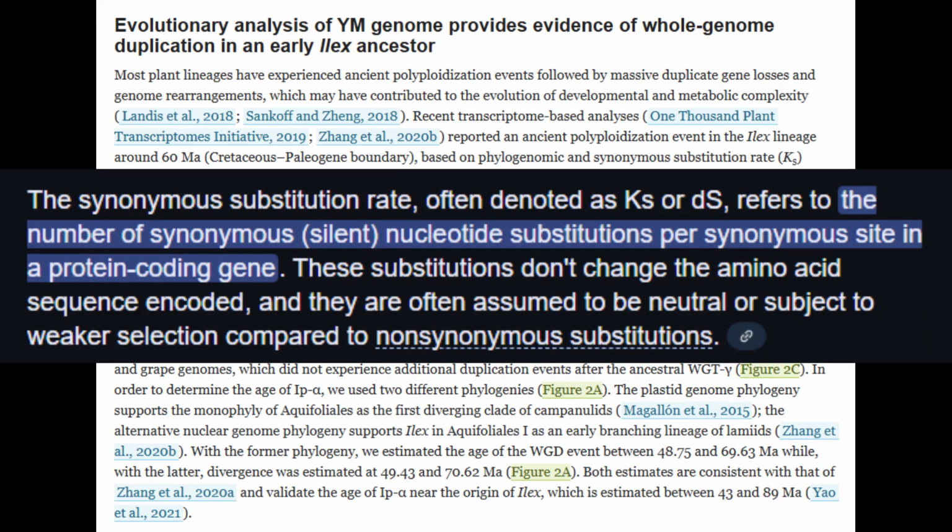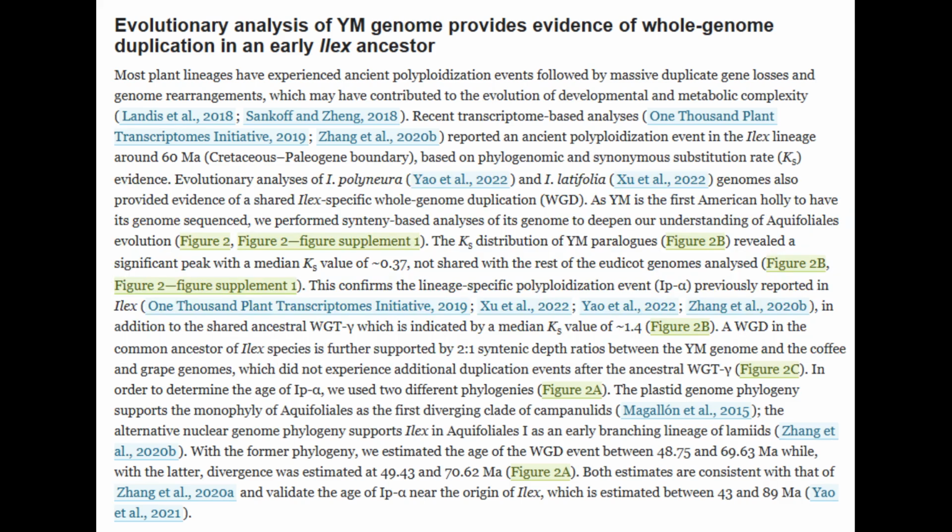So, synonymous substitution rate, often denoted as K subscript S, refers to the number of synonymous or silent nucleotide substitutions per synonymous site in a protein coding gene. So, obviously in the study, that's what they mention here. So, it's based on phylogenomic and the number of silent nucleotide substitutions per synonymous site in a protein coding gene, and that's what the analysis was based on. That's how they found out there was a polyploidization event in the lineage,